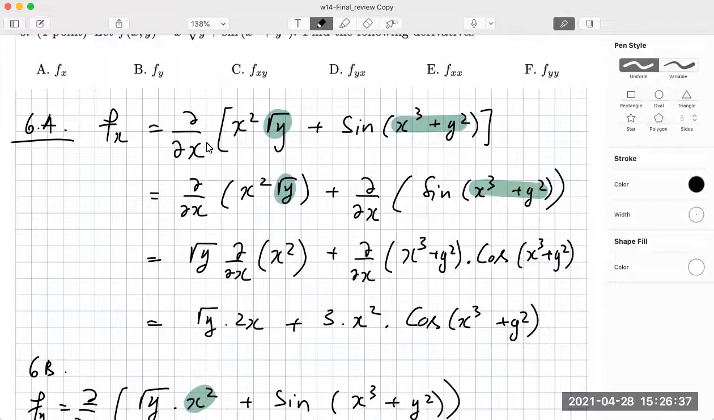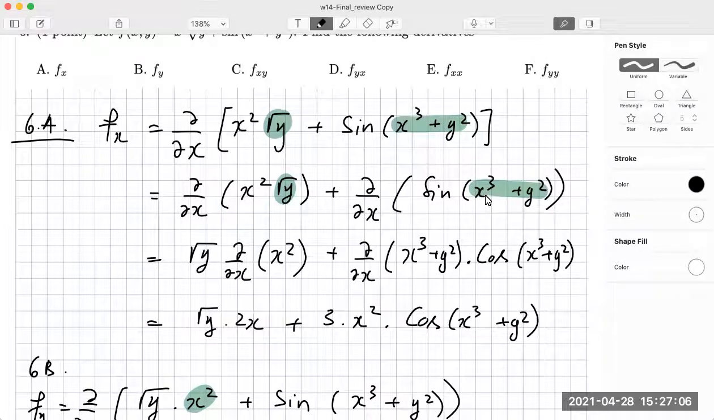Okay, here is the derivative with respect to x of the function. So we treat y as a constant. The derivative of a sum will be the sum of the derivatives. So it will be like this. Then we treat the square root of y as a constant. We can take it out of the derivative. It will be square root of y times d over dx of x squared plus the derivative of the function sine of